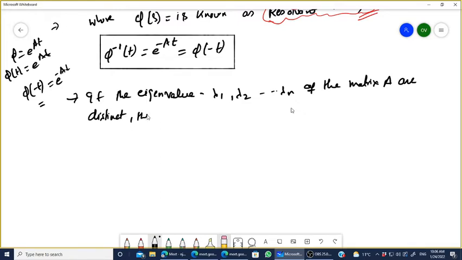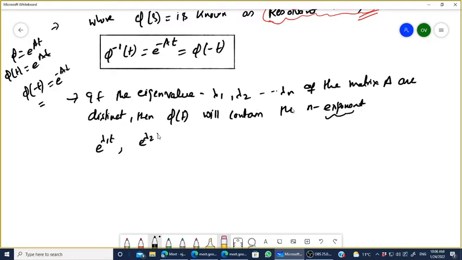Then your phi t will contain the n exponents. What is the meaning of exponent? E to the power lambda 1 t, e to the power lambda 2 t, e to the power lambda 3 t, and so on, e to the power lambda n t. So in particular, how does the equation become? In particular, if the